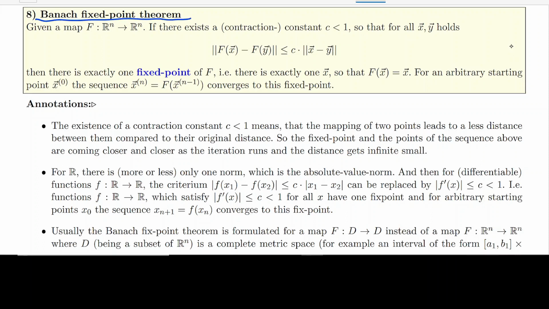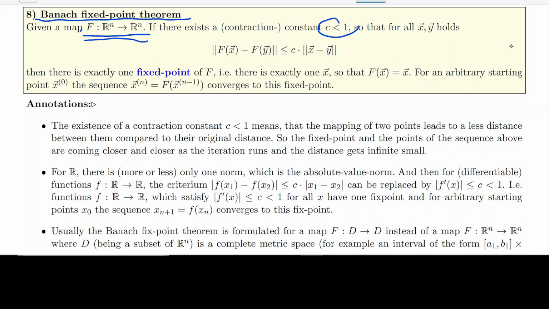Banach fixed point theorem. This is a very famous theorem, and I think every mathematician has to know this theorem. And what does it say? Given some mapping on Rn, maybe R to R, a function of one variable where the result is a number, or R2 to R2, where the input is a point in the plane and the output is also a point in the plane. And if this map has a special property, not every map has this special property,